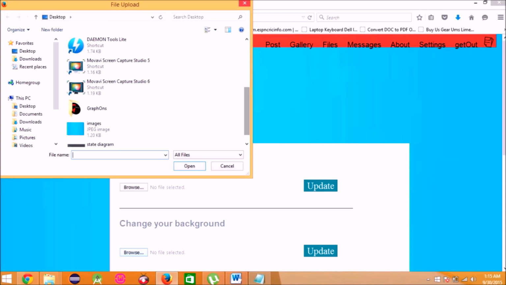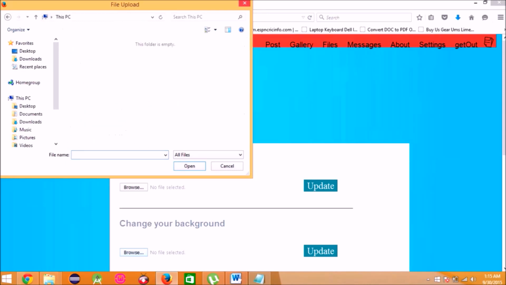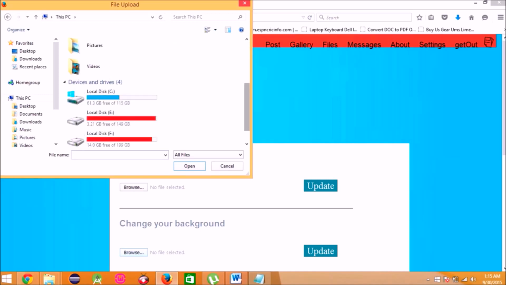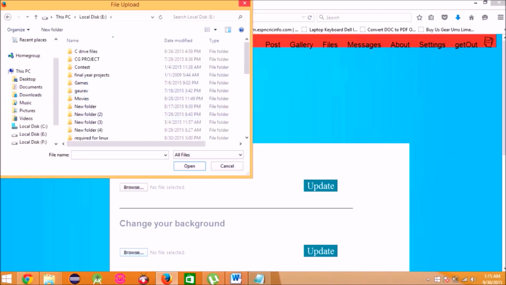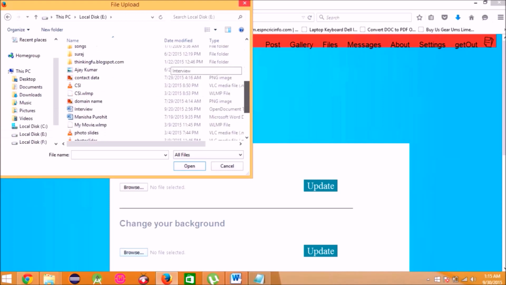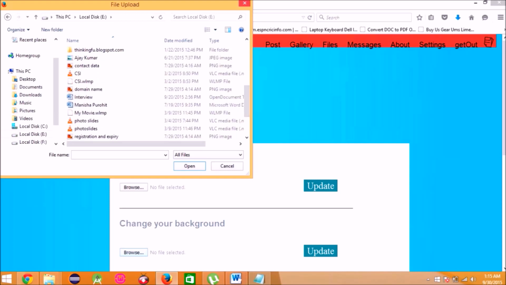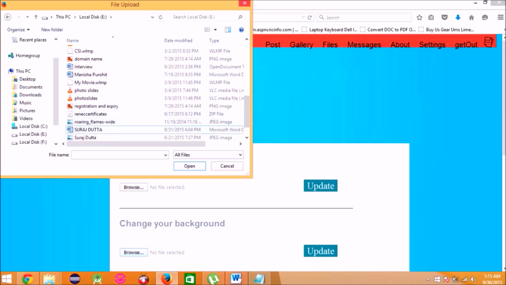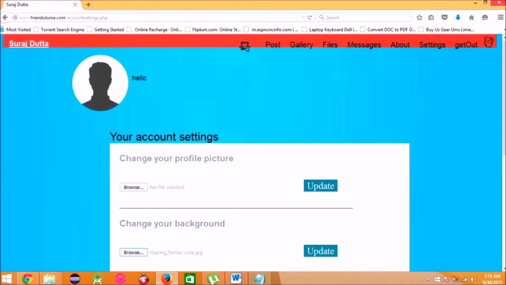In settings, you can change your display picture, status, password or your username. Didn't like the background? You can change it too.